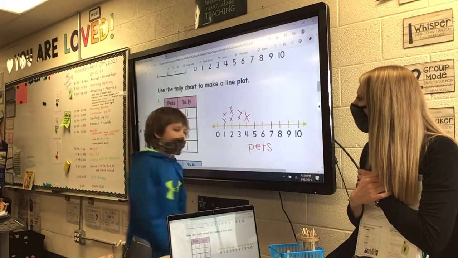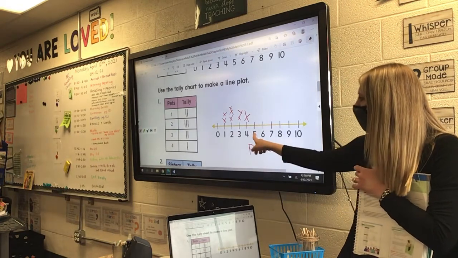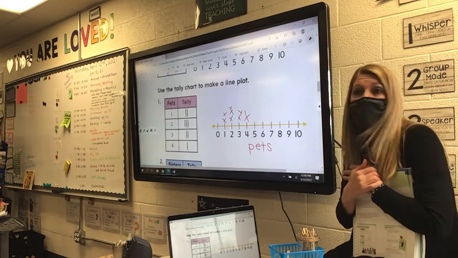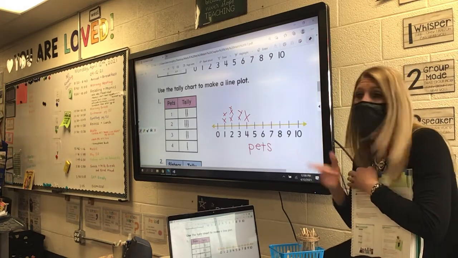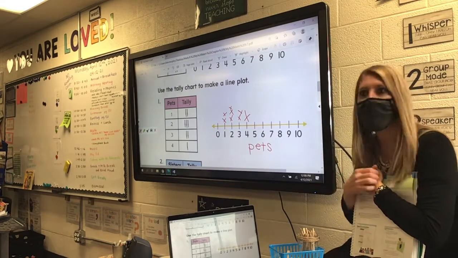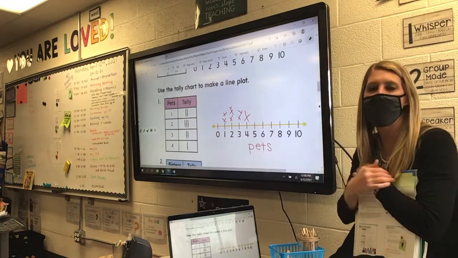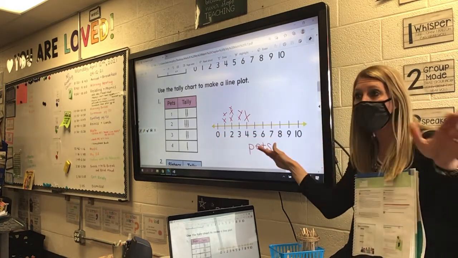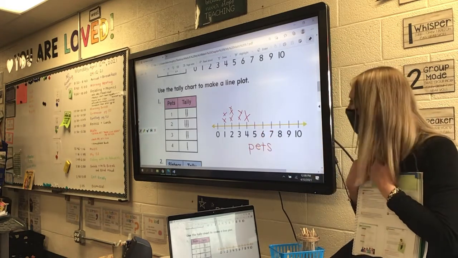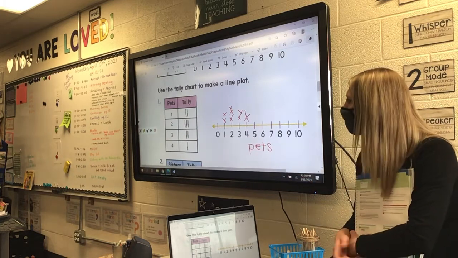Perfect. Now, do we need to worry about 5, 6, 7, 8, 9, or 10 pets? No. There are some numbers that you won't have any X's on. Normally we X things off, but don't X things off, because then you'll think it's actually a part of the chart. So just leave them. If they don't have any tallies, just leave them blank. Okay? All right, looking at this line plot,